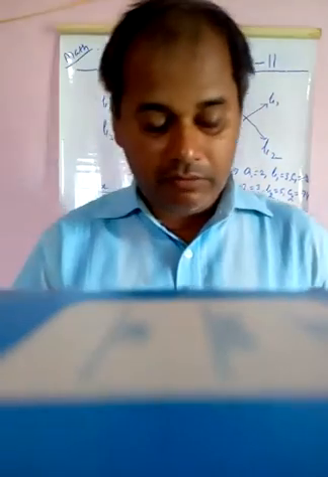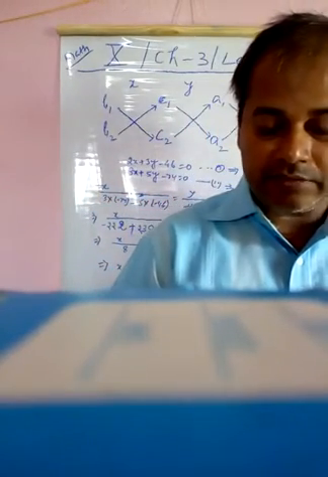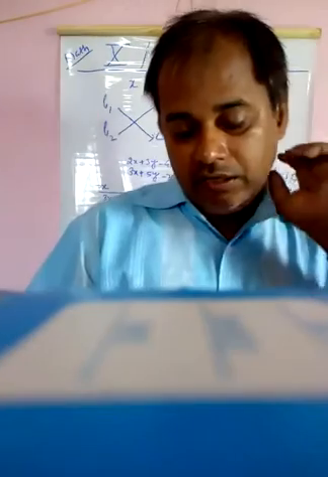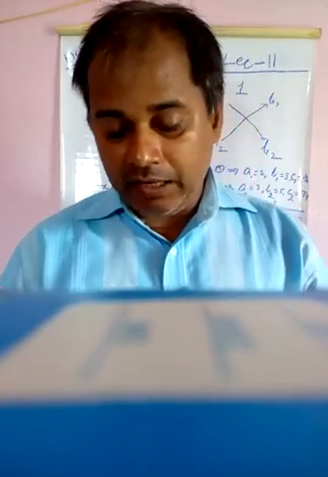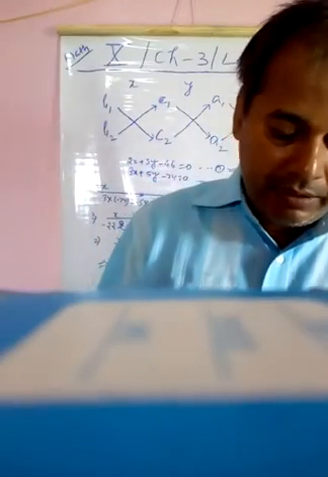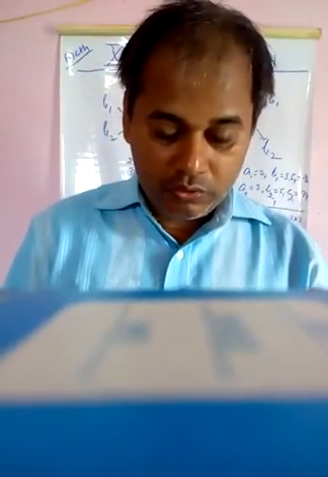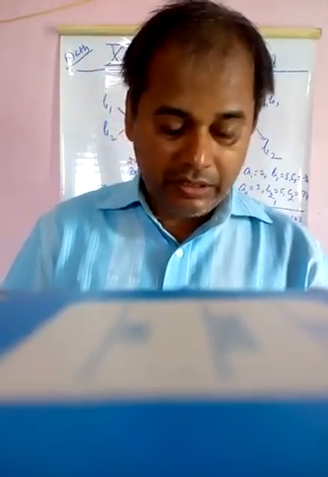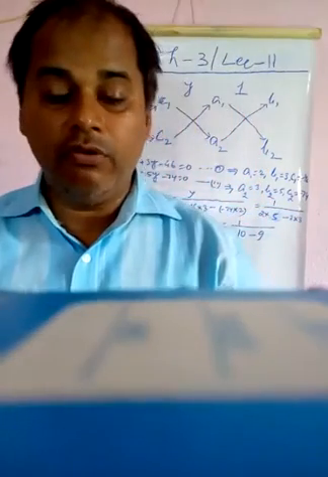Say equation number 1, and 6 into in bracket 1 by x minus y minus 3 in bracket 1 by y minus 2 is equal to 1, and this is equation number 2. Can be written as 5p plus q is equal to 2, and this is equation number 3, and 6p minus 3q is equal to 1, equation number 4.